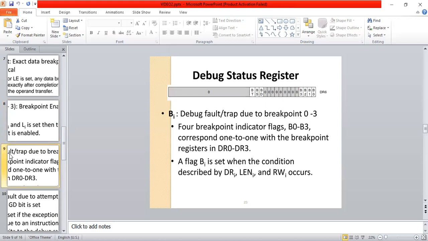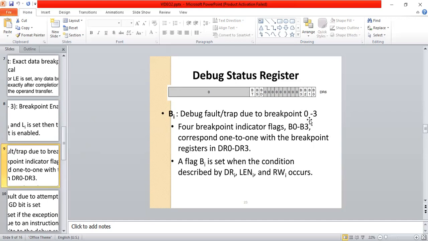Debug default B1: debug default trap is set to the trap due to the breakpoint 0 to 3. For breakpoint indicator flags B0 to B3 correspond one to one with the breakpoint registers DR0 to DR3. A flag BI is set when the condition described by the DRI, LENI and RWI occurs. BI means